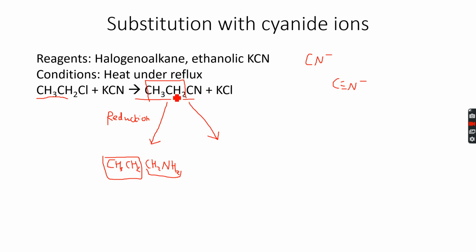This compound has three carbon atoms. So you know that it will have prop. So it has propane. So the alkane name stays the same, but the only thing you add is a nitrile because you've added a nitrile group to this. So this is propane nitrile. Propane because it has three carbon atoms in total, and nitrile because it has the CN group. So propane nitrile. So from propane nitrile, you have